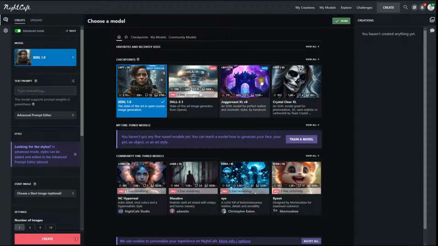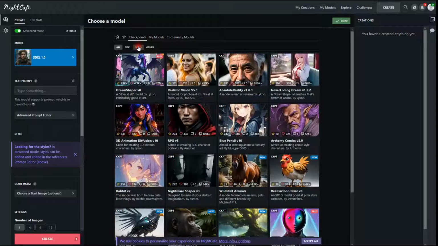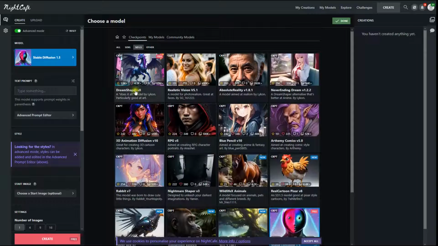Now model allows you to go in, and you notice that you have different models available. Some of these are absolutely free. So how do you find the free ones? Well, you click on view all, and once you click on view all, you notice that it says SD 1.5. Click on there, and notice right away you'll see free ones, such as this Dream Shaper. That one is free. There's others that are free as well, such as this one down here, which is the Stable Diffusion 1.5. I use those when I'm creating masks or doing other work, such as fine tuning.